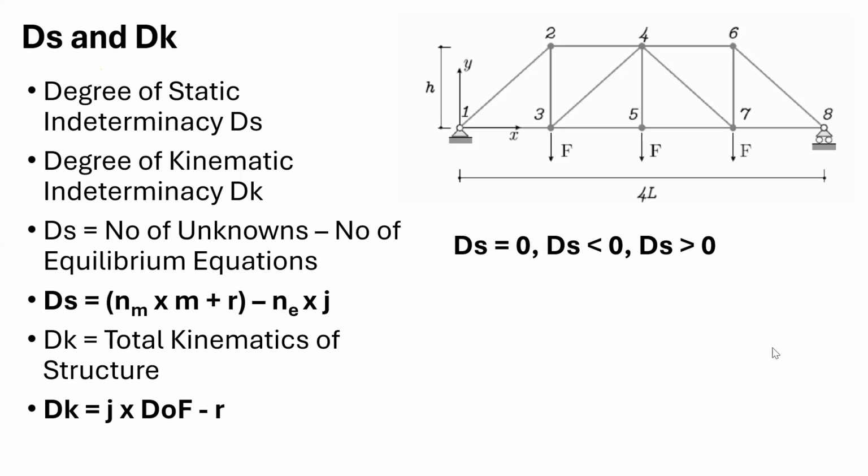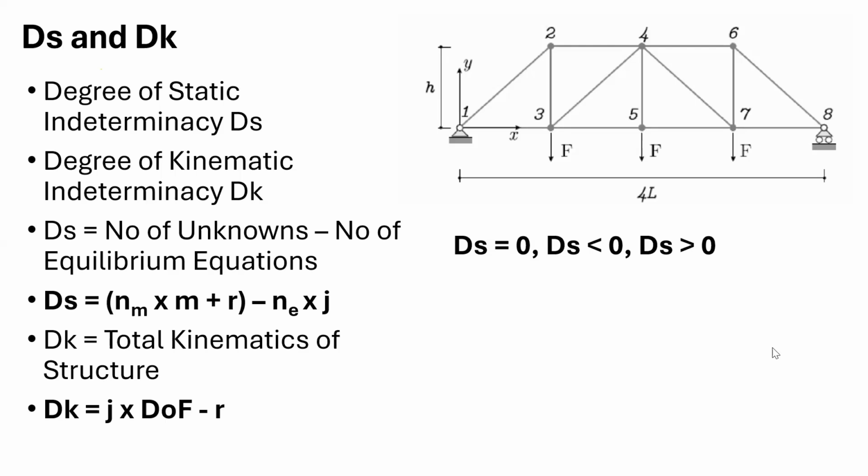And what do you understand by 0? It means it is a statically determinate structure. It means this structure can be solved by using equilibrium equations. This is as simple as it. ds is 0. And when ds is more than 0, what does it mean? Either members are more or the support reactions are more. These are called redundant structures, or you can say an indeterminate structure, when ds is more than 0. Either m is more or r is more than the equilibrium equations. So ds more than 0 means it is an indeterminate type of structure.